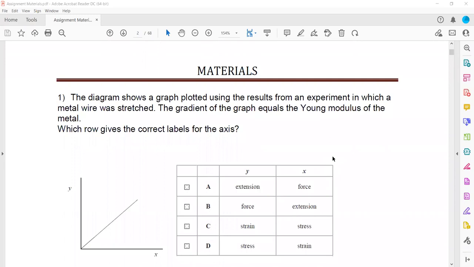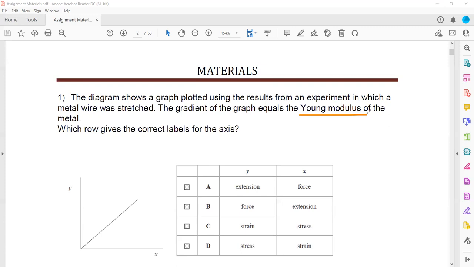So the first one is a multiple choice question. The diagram shows a graph plotted using the results for an experiment in which a metal wire was stretched. The gradient of the graph equals Young's modulus. So if the gradient of the graph equals Young's modulus, it means the graph is between the stress